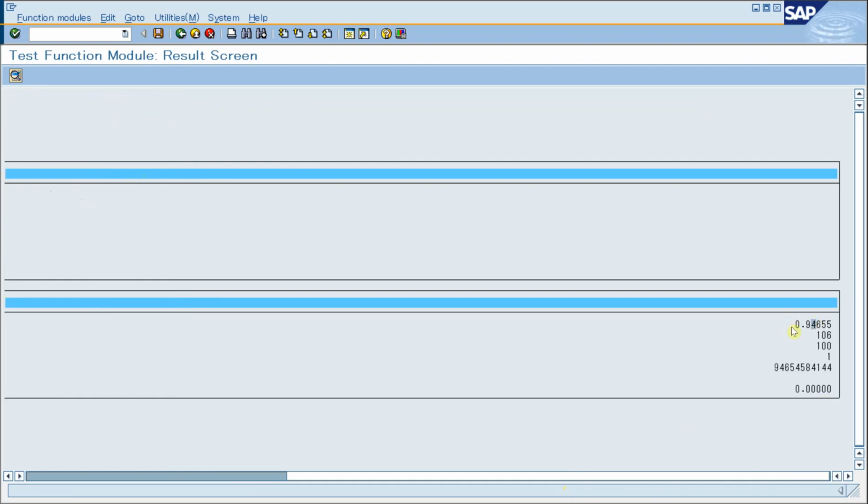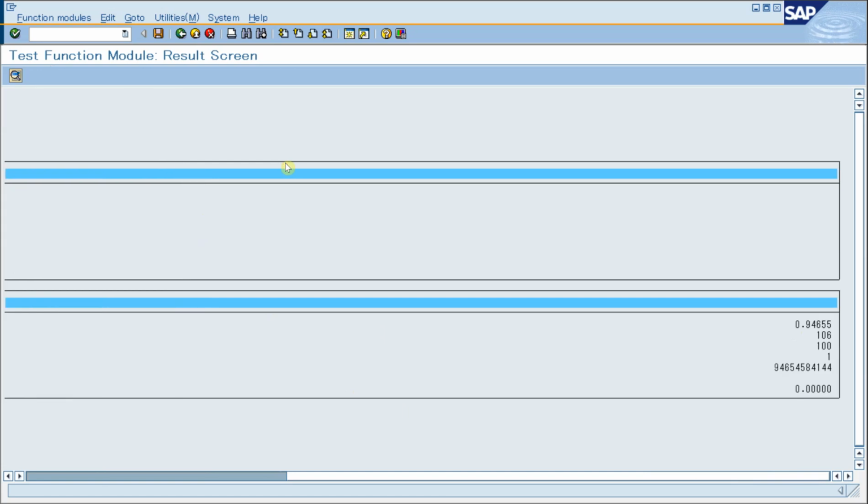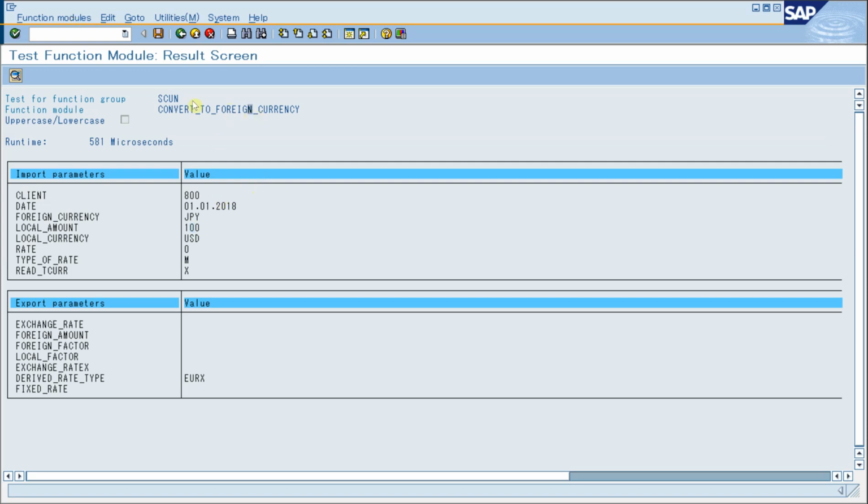So the rate as you see is 105.5655, and if we have $100, we will get